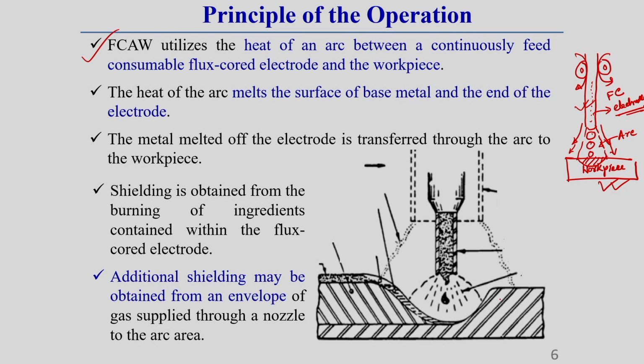Now, you see these things only here I have shown. Here I am just labeling the different components. You see this is called nozzle, this is called electrode, which is called flux core arc welding electrode. This is called arc. Here always keep this thing in mind: once this flux burns, it is converted to slag. So, burnt flux is called slag. This slag generally has weight comparatively lesser than molten material. That is why it floats over the surface of the molten material.